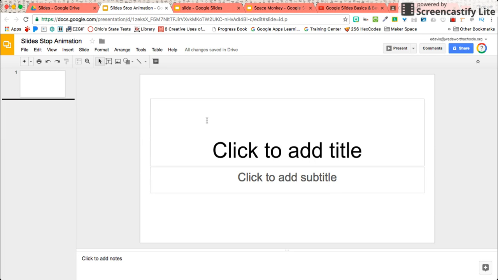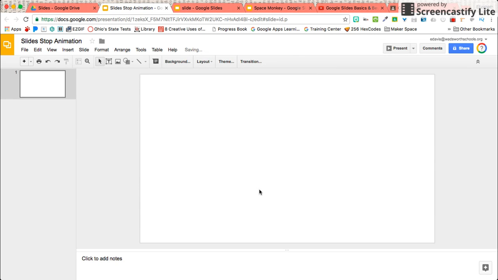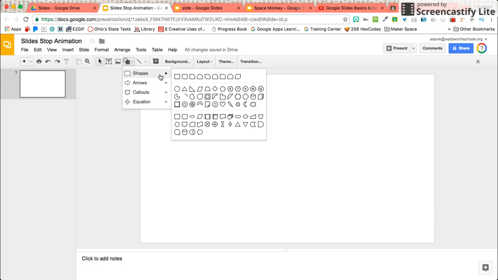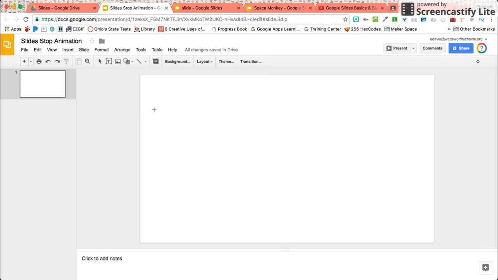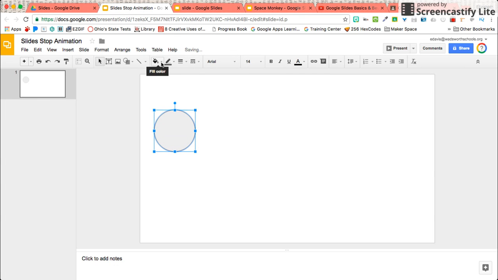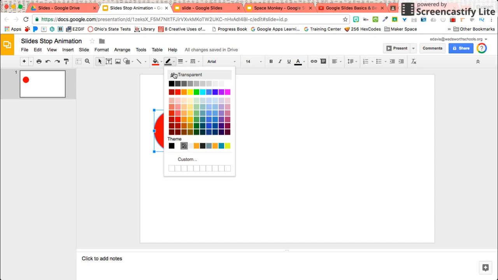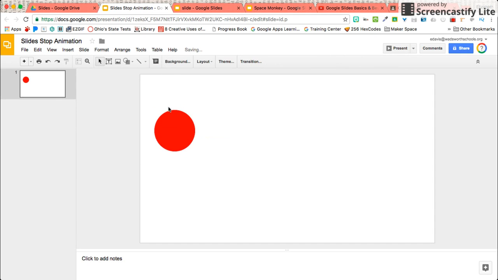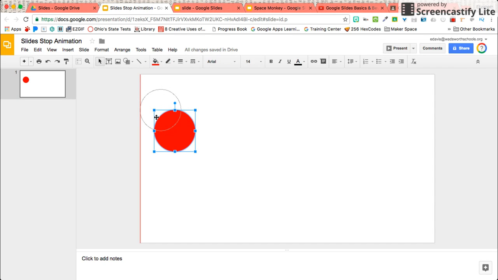So what I'm going to do is start with a blank layout on my slide. I need to select the object that I'm going to animate. Now, in this case, I'm just going to keep it really simple, and I'm going to bounce a ball. So we are going to make it a red ball. And so if you imagine that every slide is a little slice of time, what I'm going to do is